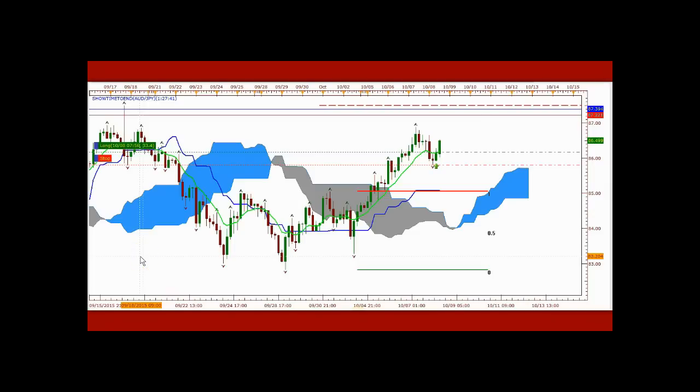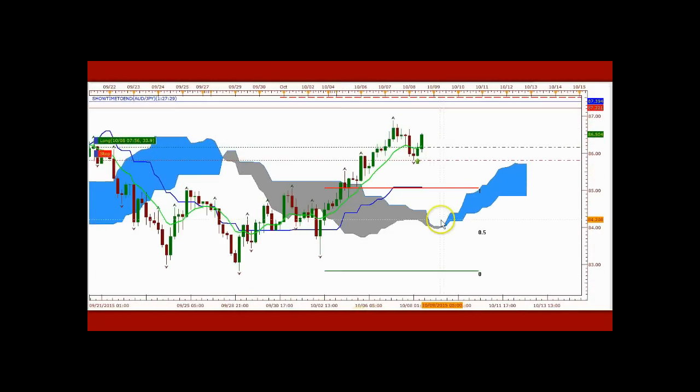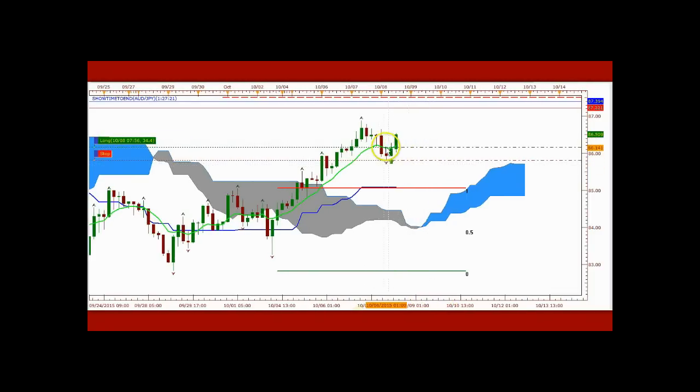All right, traders, so you're looking at the Aussie yen on the 4-hour time frame, and you can see I'm in a trade. It's a fresh trade, currently 33 pips of target profit. You can see there was a pullback here, and then I entered the market. So what caused me to enter the market here? What was the purpose for me entering the market?